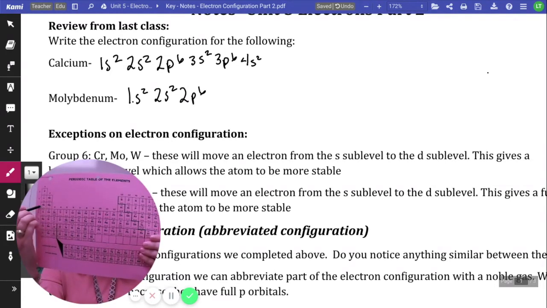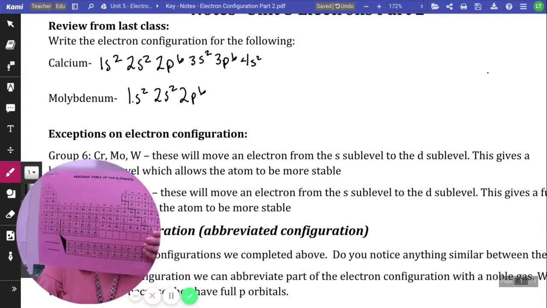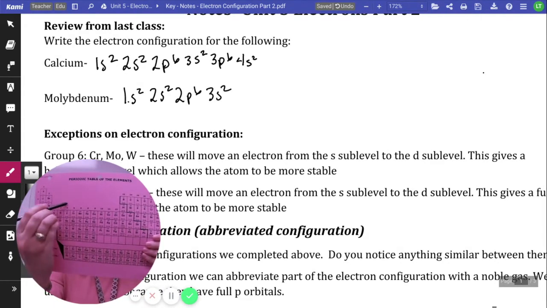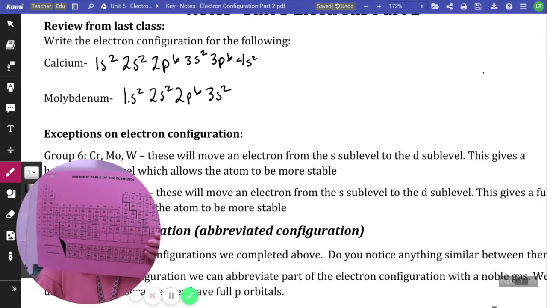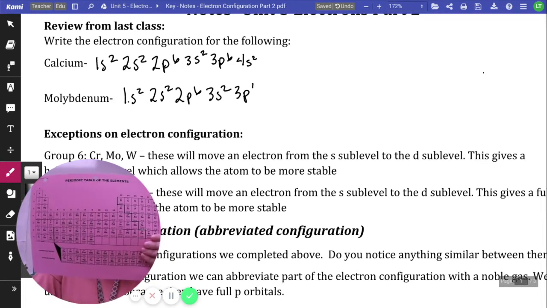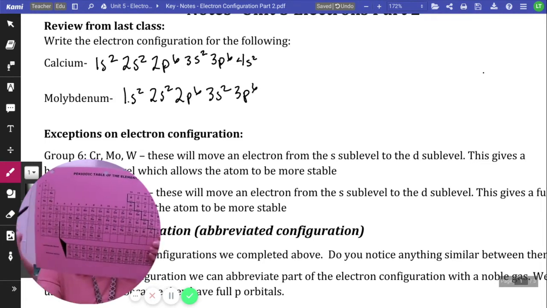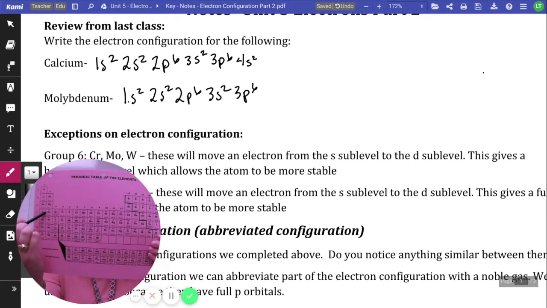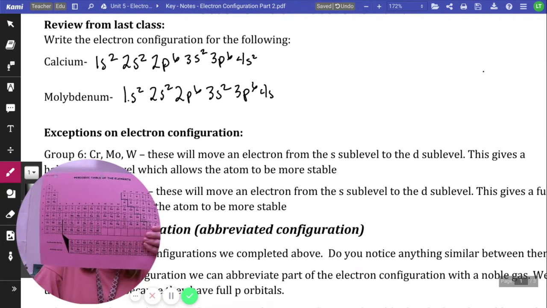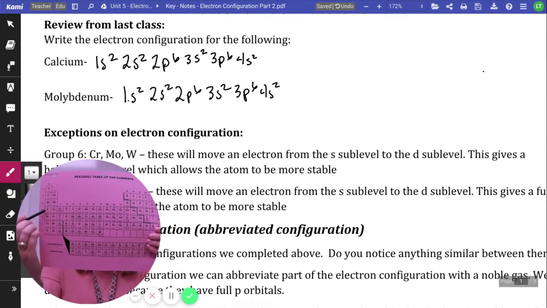Third energy level, S sublevel, cross 2 boxes. Keep moving, still on the third energy level, in the p orbital, and we cross 6 boxes there, so 6 electrons. And then we have all down here, so we're in the 4, the S sublevel, we cross 2 boxes,